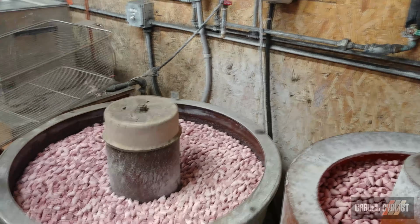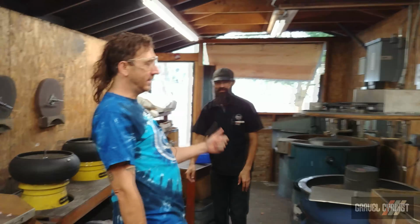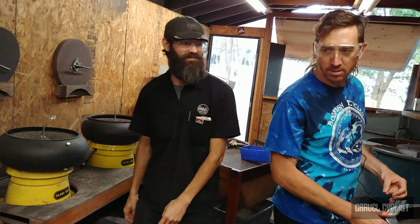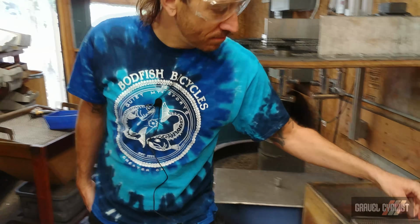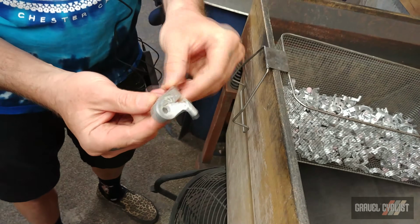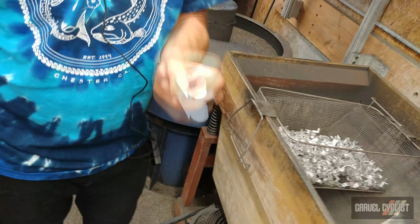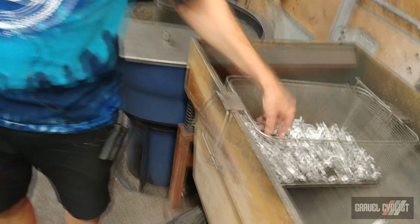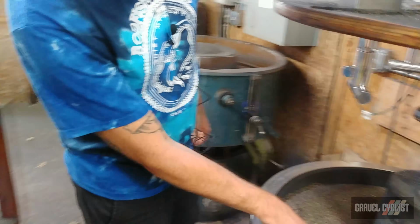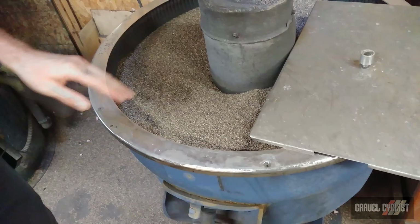Or if you want them really shiny, this is sandblasted almost. Kind of a nice dull finish, and if you want to anodize them silver, this is probably where you would want to stop. But if you want to anodize them purple or black, and you want them to look really nice, you tumble them in this, which is corn and walnut shell, and that gives you a really nice...